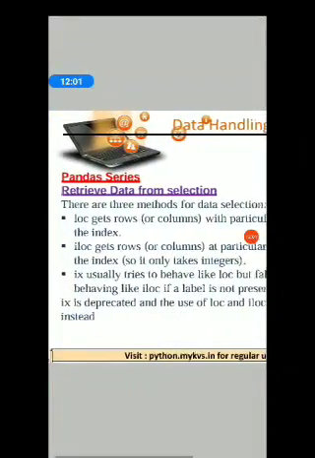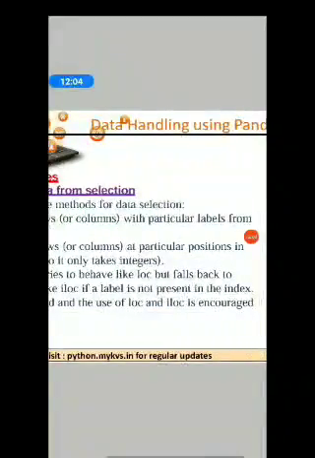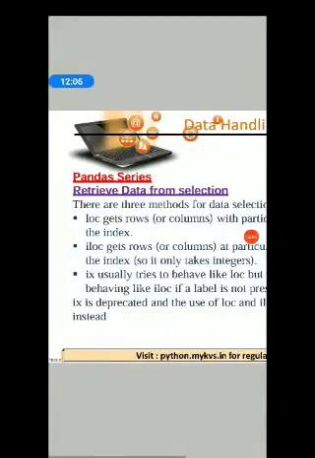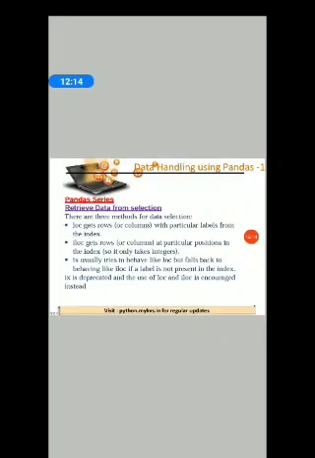IX is deprecated and the use of LOC and ILOC is encouraged instead. Means IX is outdated. Use LOC and ILOC. Let us proceed. These two methods, LOC and ILOC, will come to examination definitely. So you have to understand this very carefully.